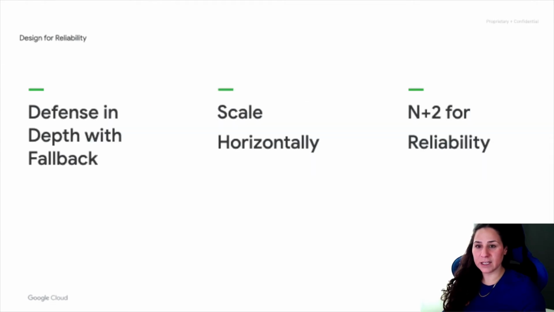When we think about designing for reliability, we want to ensure that we have fallbacks, that we have defense in depth. If we rely on a system for configuration or other runtime information, we want to ensure that we have a fallback, like a cached version, that will continue to work when the dependencies become unavailable. Another good practice is to scale horizontally across different geographies, different data centers. It's also important to remember to have load balancer solutions in front of them and to avoid, as much as possible, special hardware.